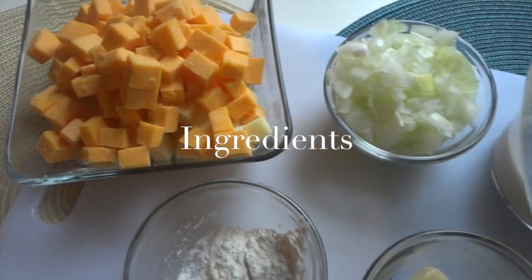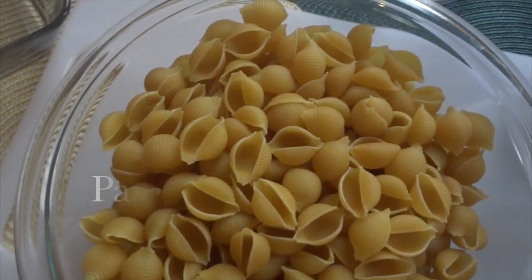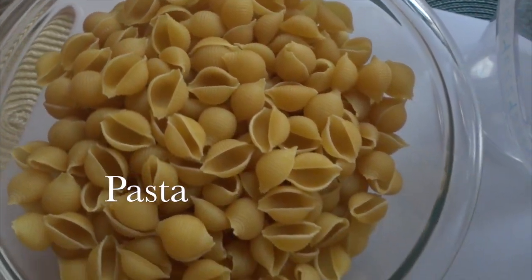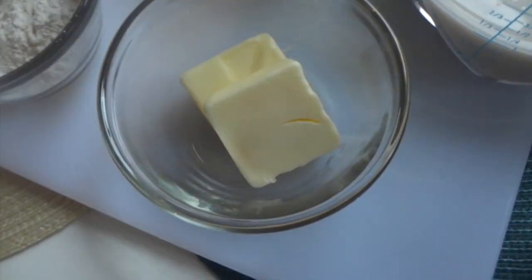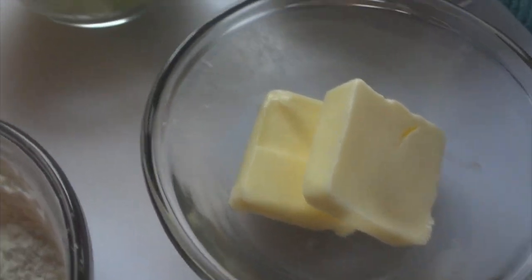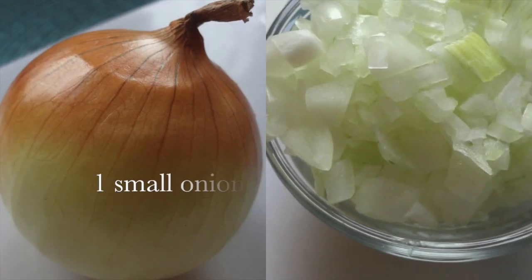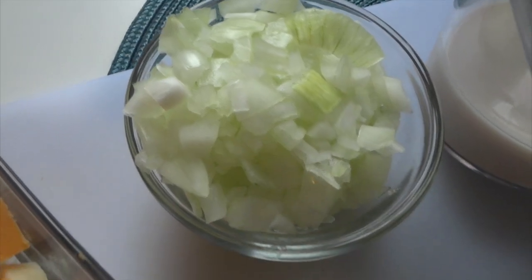Alright, let's start off by talking about the ingredients. First, we're going to need pasta. In this video, I am using medium shells, but you can use any pasta you prefer, such as bow tie or penne. We also need 2 tablespoons of butter, 1 small onion, which is going to give this recipe its distinctive flavor,